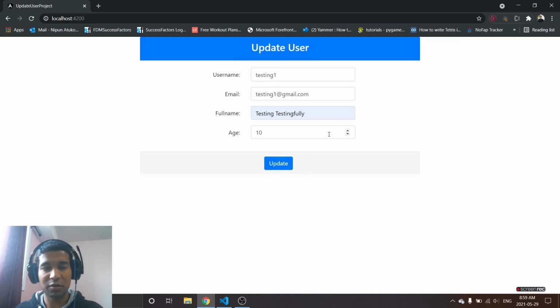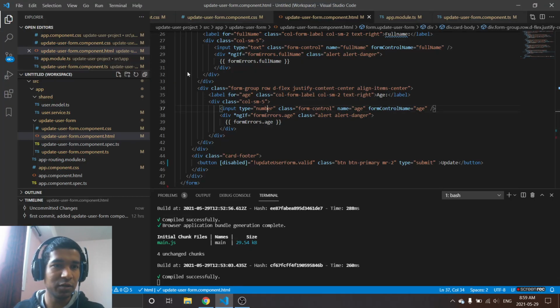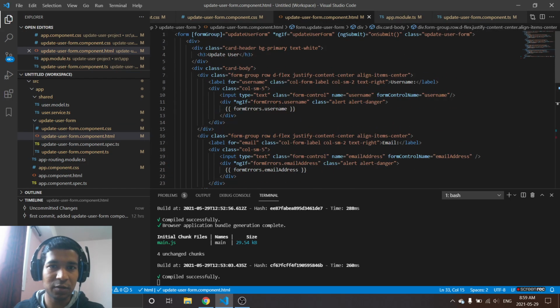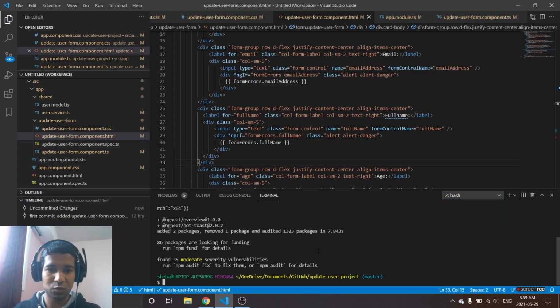So this is just covering the front end of the form. It's not going to cover the back end or updating the user in the application database. So it'll be just the front end. So let's get started. First step, we need to create an update user form